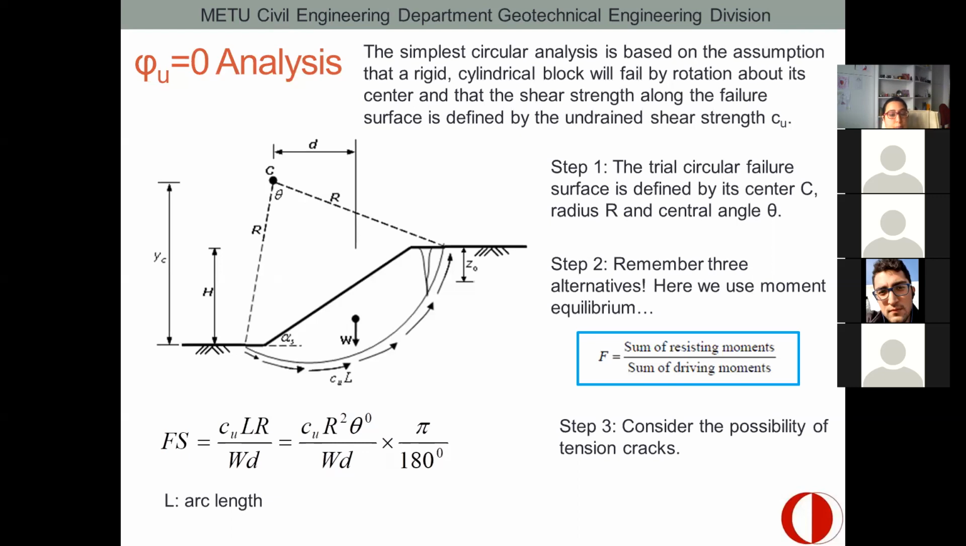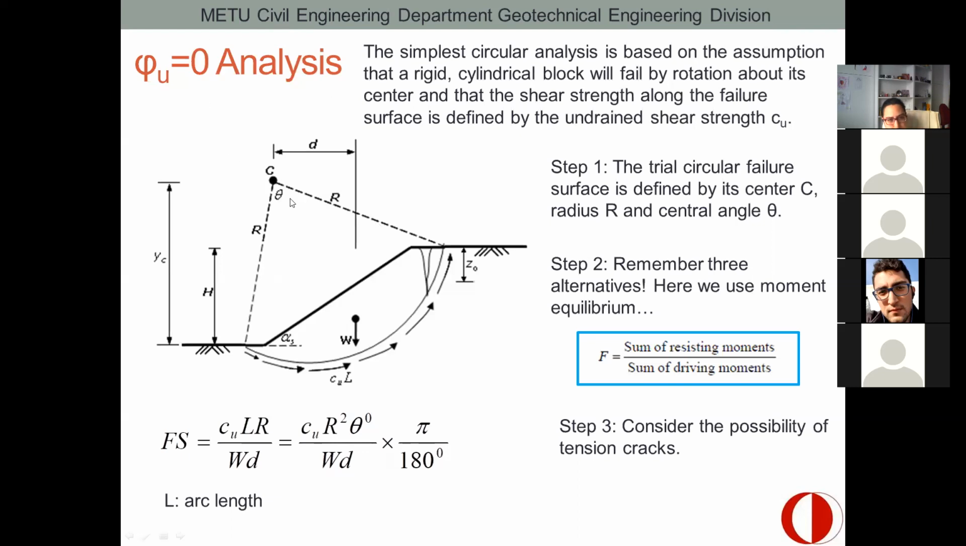All right, so step number 1 here in this analysis is we assume the trial circular failure plane. And we put the properties of this failure plane, like its center C, radius R, and angle theta. Then we are going to think, since we have a circular failure mechanism, and we know the center of this